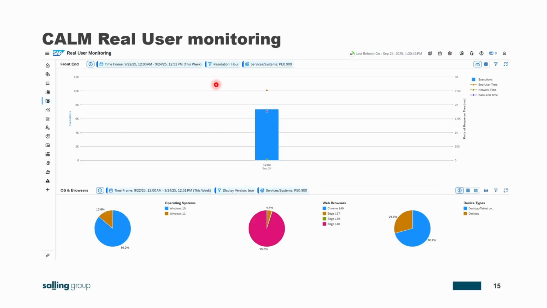And the next one actually is rather handy because here you can see in the bottom that we can check which operating systems, which browsers are being used, and so forth. Quite handy when you're discussing with the end users, because even a slight diversion in the Edge version can make a difference. And we are rolling out Windows 11, and we can easily track who is not doing what they are told to do. So I like it very much. Again, I like real user monitoring, easy to use, straight out of the box.